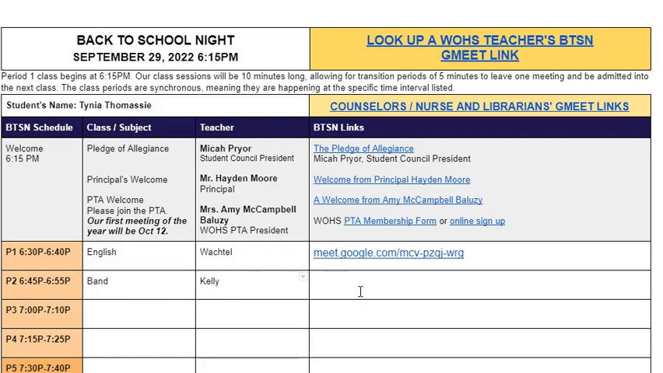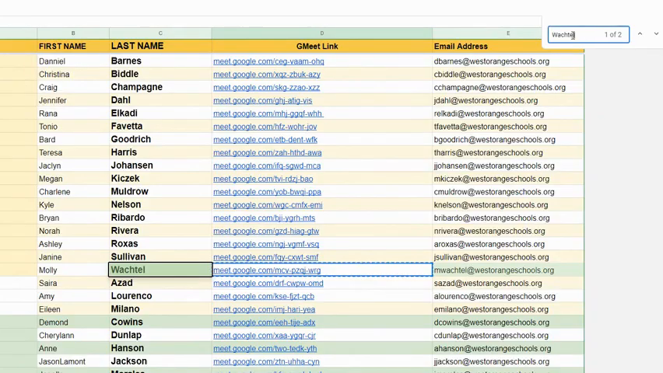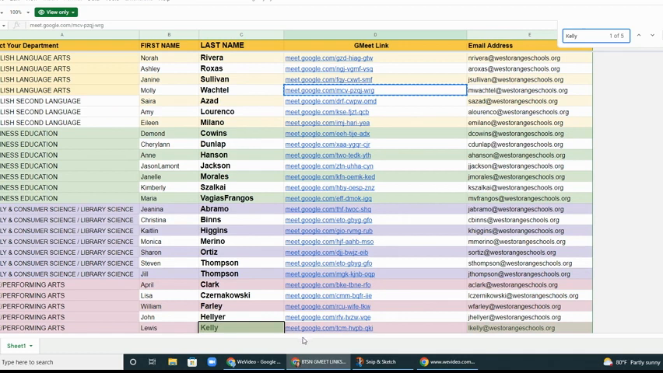So the next thing I want to do is move my cursor over to the third column, come back to the Meet links of all my teachers, and instead of Miss Wachtel's name in my search, I'm going to take that out and put in Mr. Kelly. And you'll notice that you come to Mr. Kelly's name,